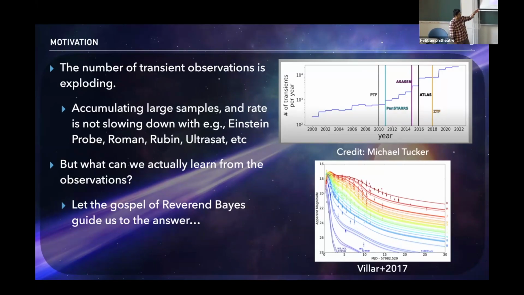But really what we want to work out, what the science goal in the end is, is to try and understand what the light curve or spectrum et cetera is telling us. I'm sure many of you have seen this plot at the bottom, which is showing you the 1708-17 kilonova. You can fit those observations and ultimately work out how much ejecta mass this merger had, what the properties of that ejecta mass were, et cetera. The way I go about this is through the guidance of Reverend Bayes.